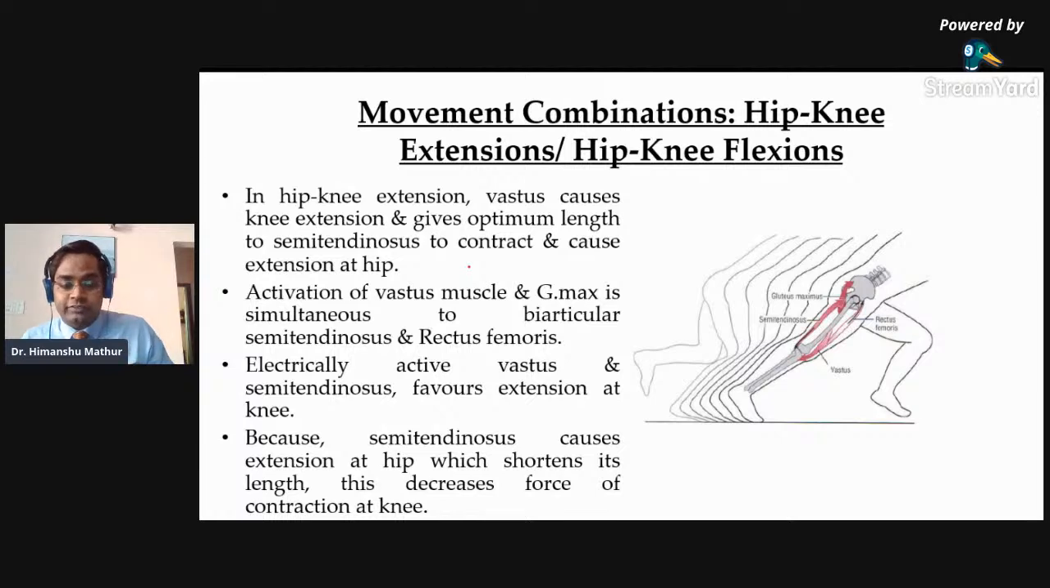But because of the action of rectus femoris and the vastus group of muscles, it is not able to generate a sufficient amount of flexion at the knee joint. Okay, now electrically active vastus and semitendinosus favors extension at the knee joint. Okay, that we have already talked about. Now, because the semitendinosus causes extension at the hip, which shortens its length, this decreases the force of contraction